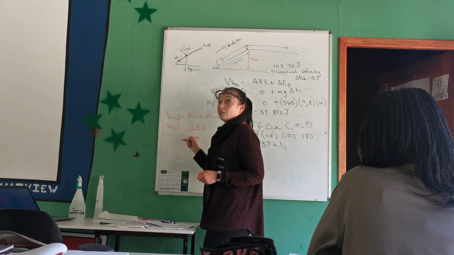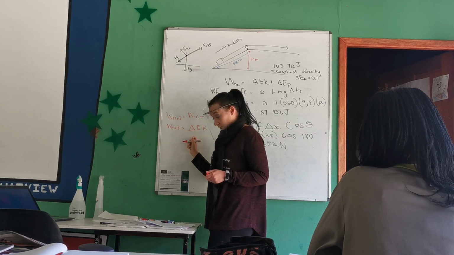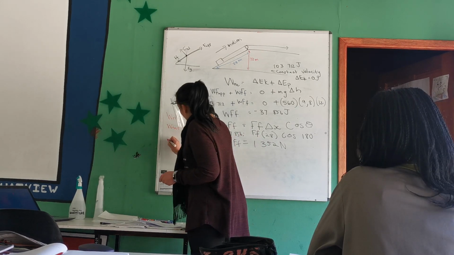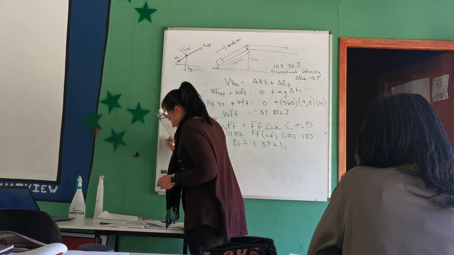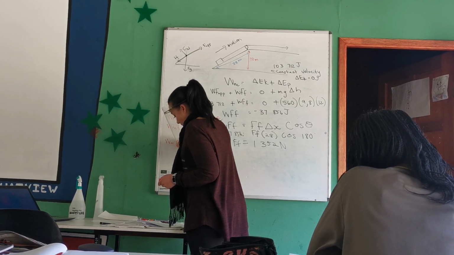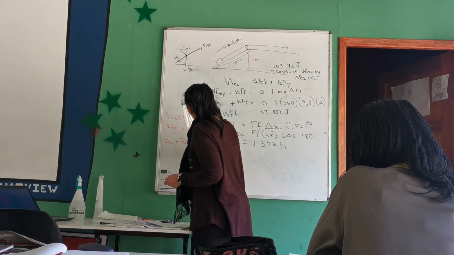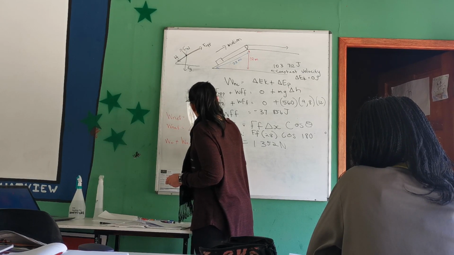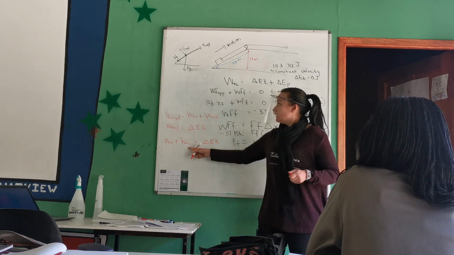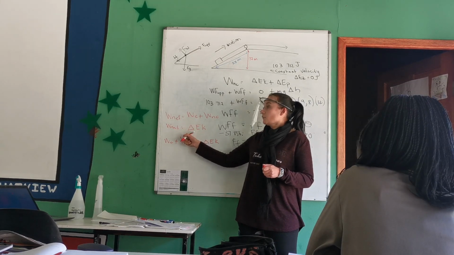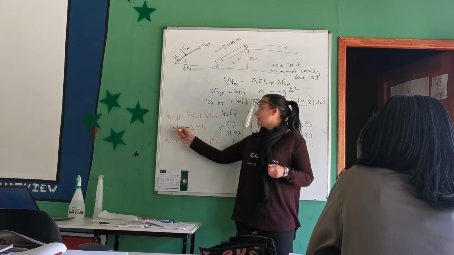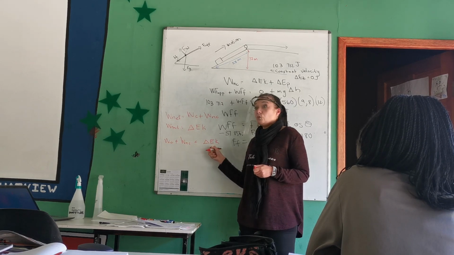We have that from the work energy theorem. Yes? We know that will then mean that the work done by the conservative forces added to the work done by the non-conservative forces will give me a change in the kinetic energy. Look at that. I get that from this and this. If that's W net and that's W net, then this must be equal to that,